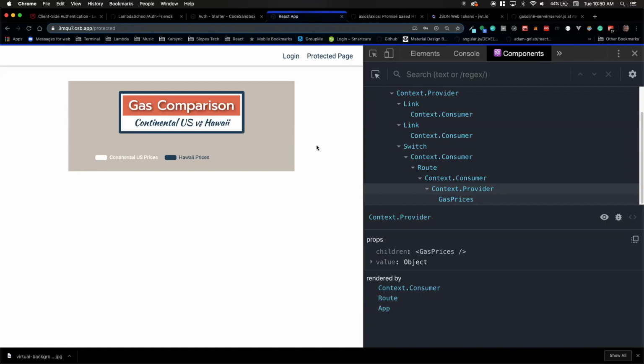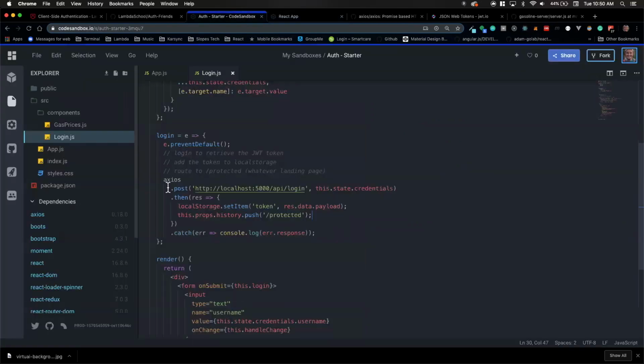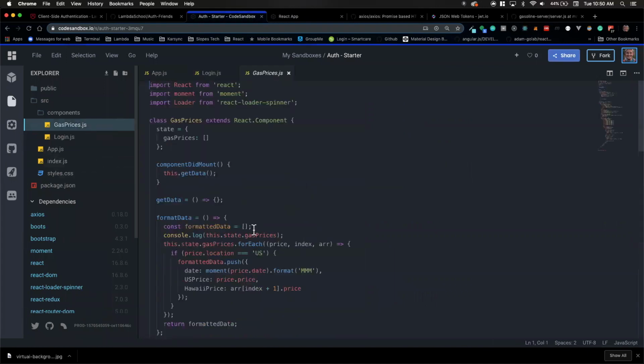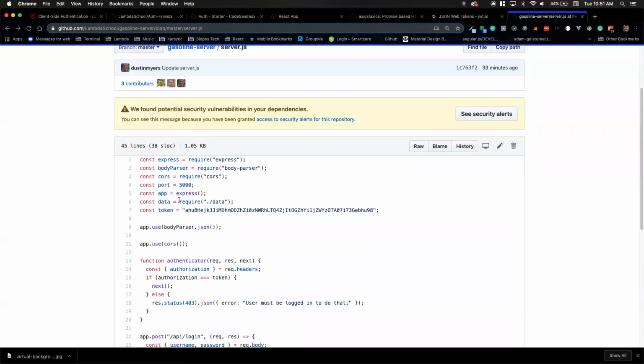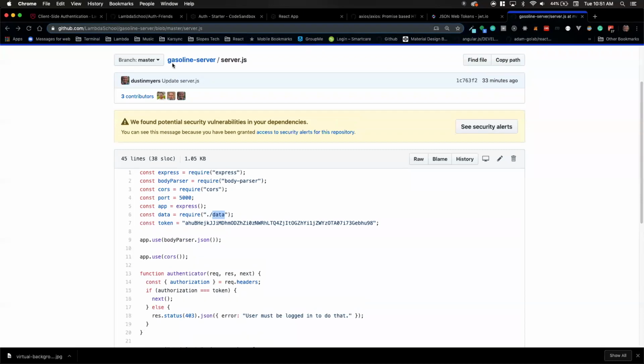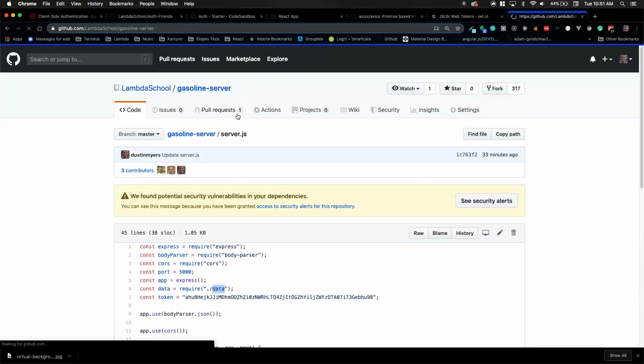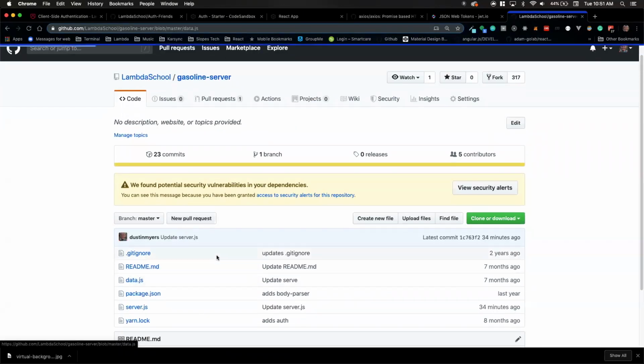All right, perfect. So we've got our login part done. Now we need to make a request when we route to gas prices. We need to make a request to retrieve the gas prices from our server. So let's go look at our server. We want this data here. The data is coming from the data file. So if we go to the data file,